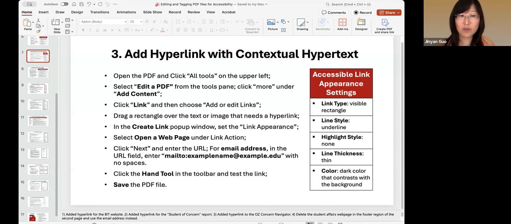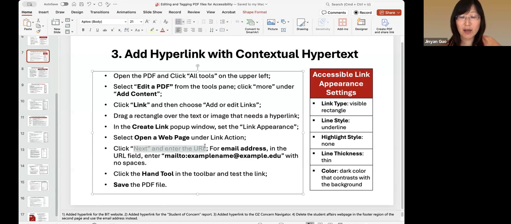So another thing I want to point out before I go to the software is that not only can we add a link to a web page, we can also add a link to an email address. So in the URL field, which I will show you, it will be the format mailto and the email address. So that acts like the URL for an email address. And I will share this PPT file with you. Okay, let's go to that